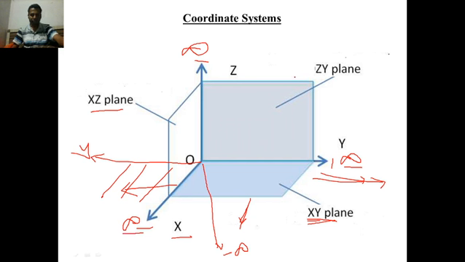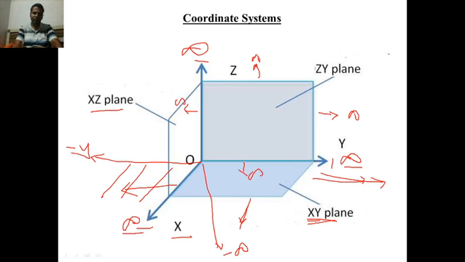So what is the zy plane then? The yz plane is a plane surface in between the y-axis and the z-axis. Where is the y-axis? This is the positive y-axis, and this is the negative y-axis. In between these two, this is a plane surface. So in total this will be the zy plane. The zy plane can be infinite in this direction, it can be infinite in this direction, and it is also infinite in this direction.